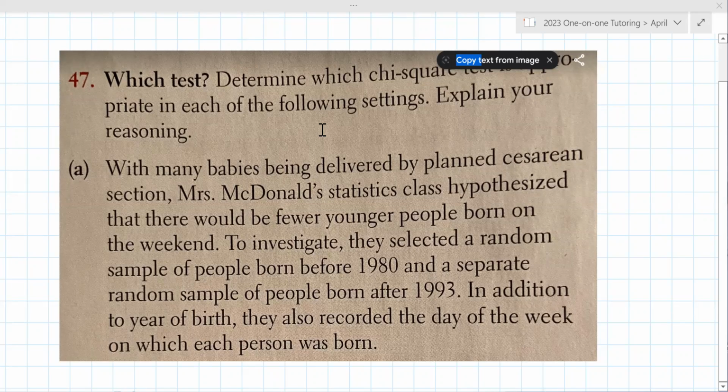And then just the regular chi-test. Okay, what I'm going through right now. All right. With many babies being delivered by planned C-section, statistics classifies that there would be fewer young people